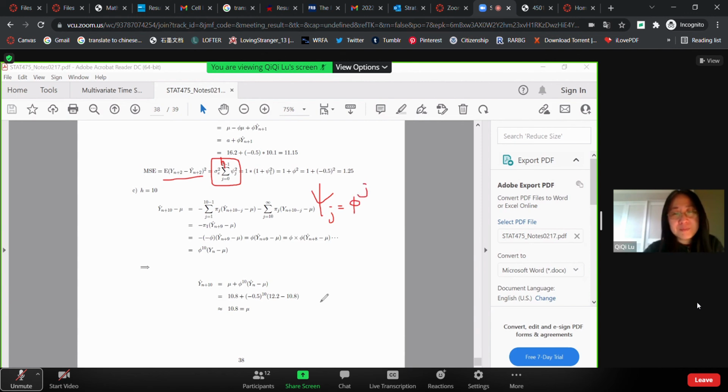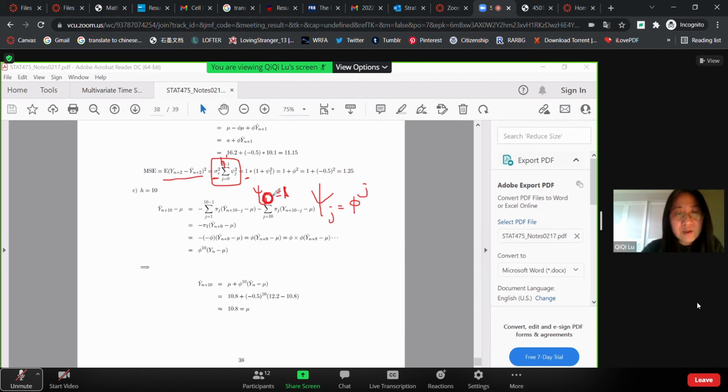So j from 0 to h minus 1, that's 2 minus 1, which is 1. So we have 2 terms here. Sigma e squared is 1. And then, okay, psi 0 by definition is